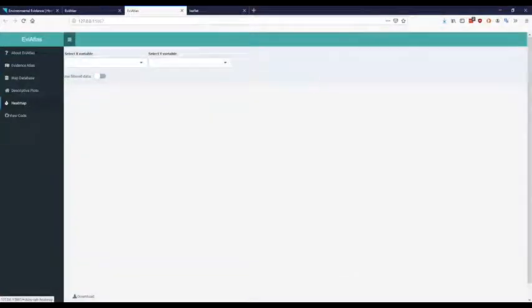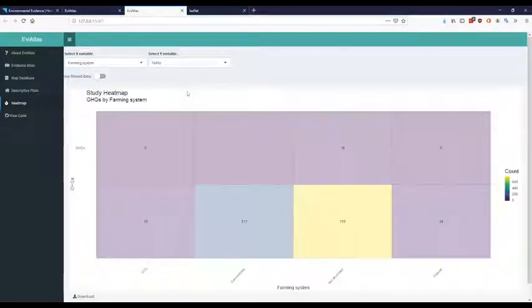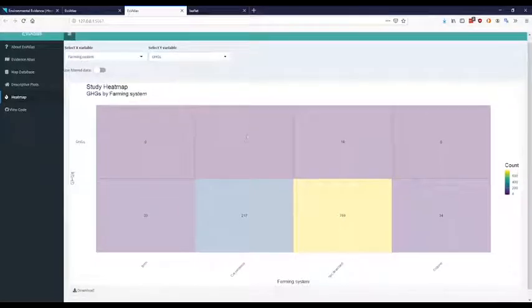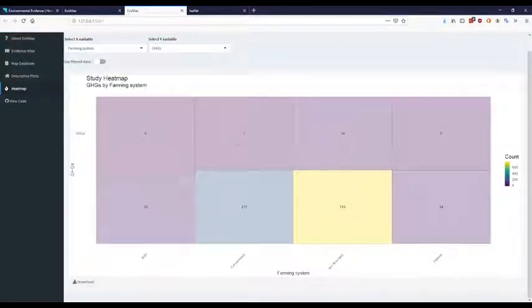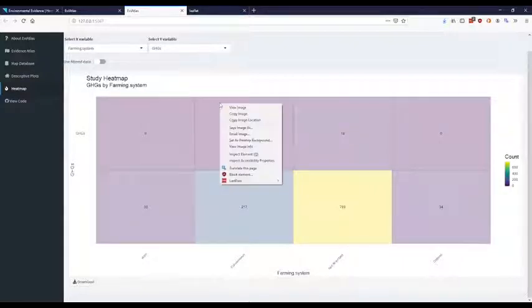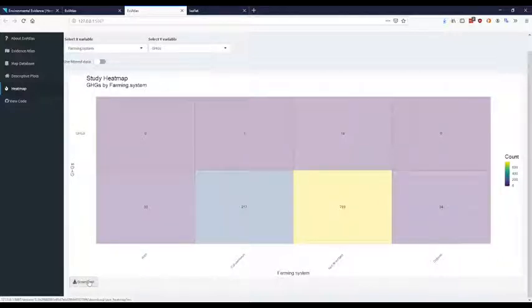When I click over to the heat map, and again, I'll whip something up, let's look at farming system by greenhouse gas information. When I have this image up, there's essentially two ways to save it. One, you can save this image like you would any other picture on the internet. If I right-click, I can just save an image or copy it or anything like that. But also there is a button that says download in the bottom left-hand corner below the heat map image. And when I click that,